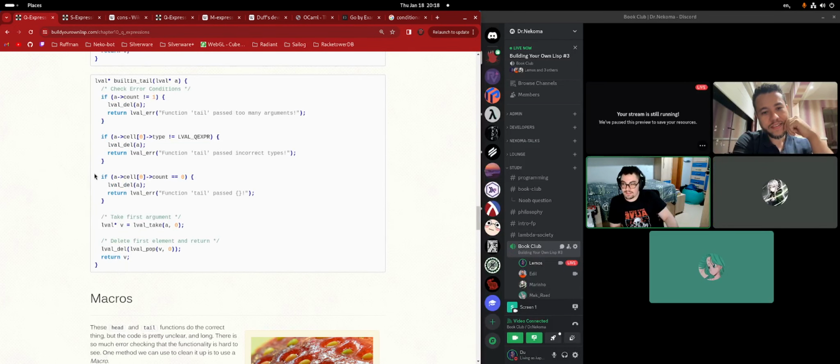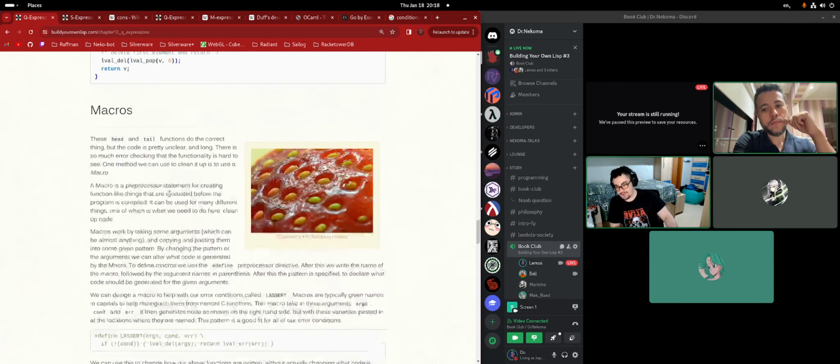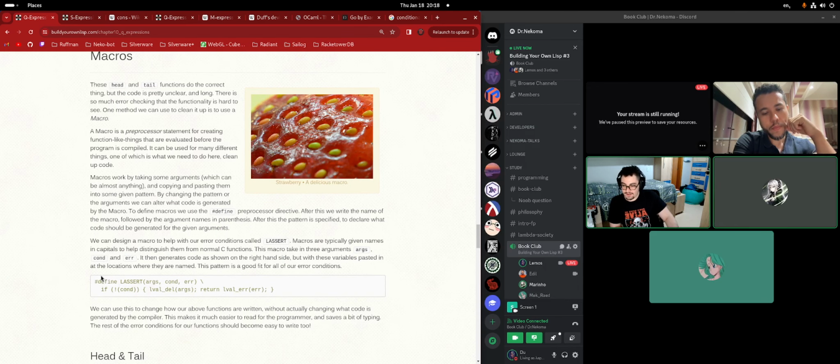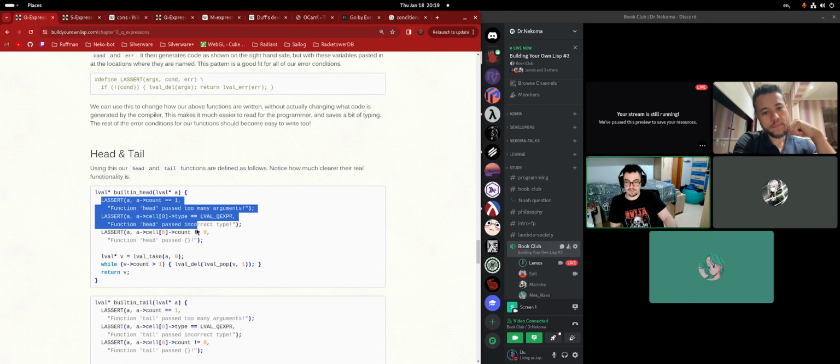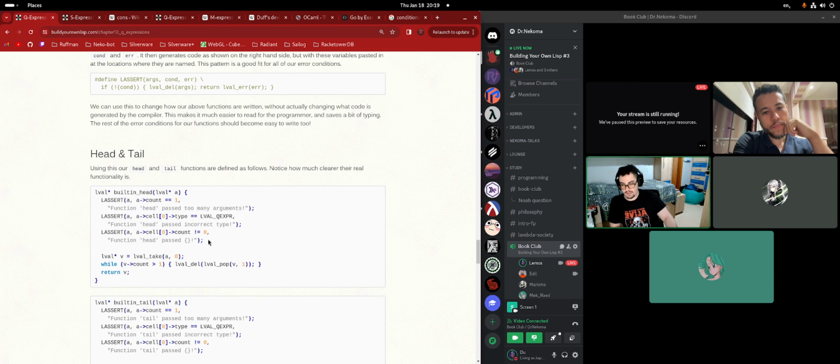Then he noticed that this way of doing the error messages is repetitive, kind of boilerplatey. So he decided to use a macro, a C macro. Which basically checks a condition, deletes the arguments, because again, memory management, and then you pass the error to the function that we already did before, of evaluating errors, and that's how it looks. That's now the new version basically. These are the same checks as before, but yes, I do believe they are nicer to read.